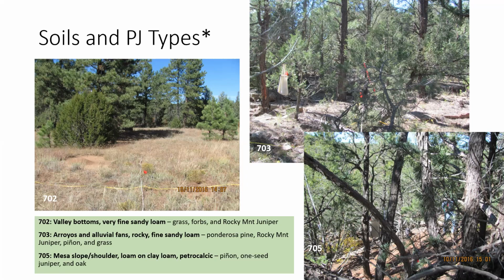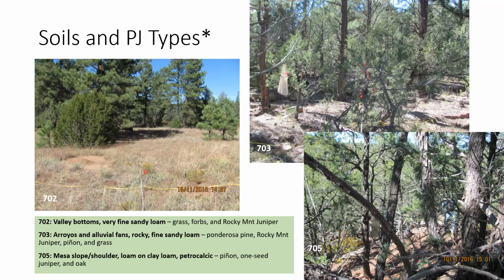Then soil type 703 is a variation of deep, loamy and fine sandy soil with rocky outcrops in a rocky underground, which you find in arroyos and alluvial fans, also with Ponderosa pines, Rocky Mountain juniper, and much more piñon and patches of grass